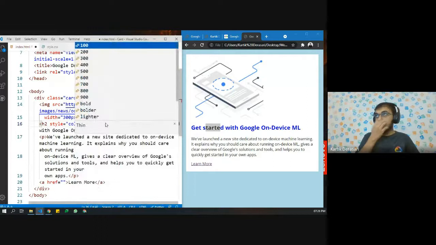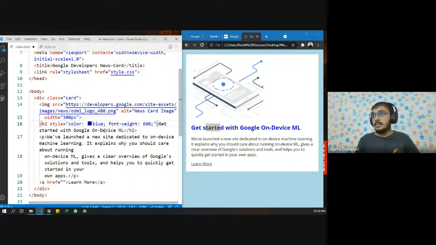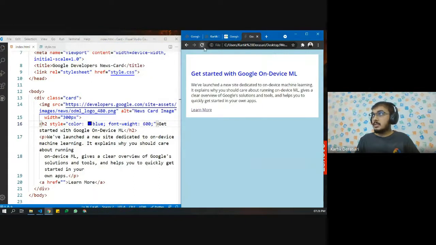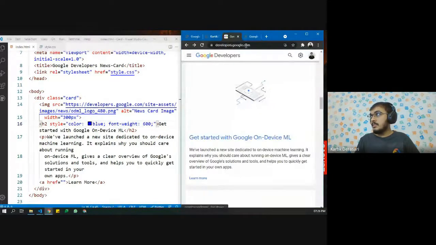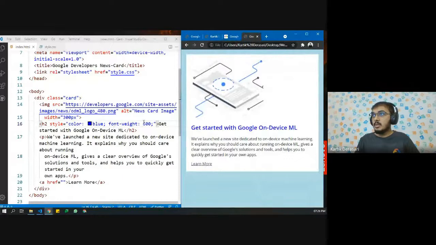So when we want font weight, if I say 600, it will be a little less bold than what it would be generally. So let's again compare. Okay, pretty similar. We can also reduce it to 500, and that should be okay.